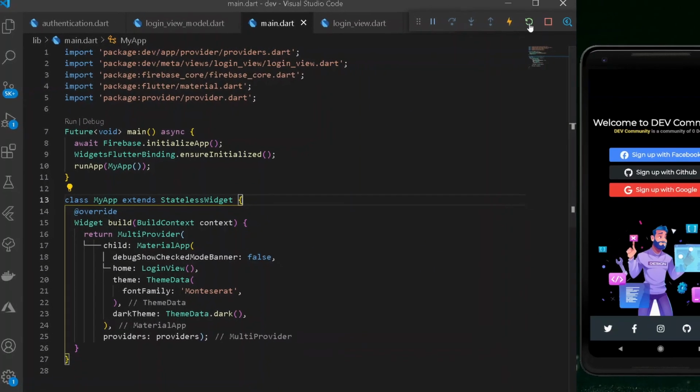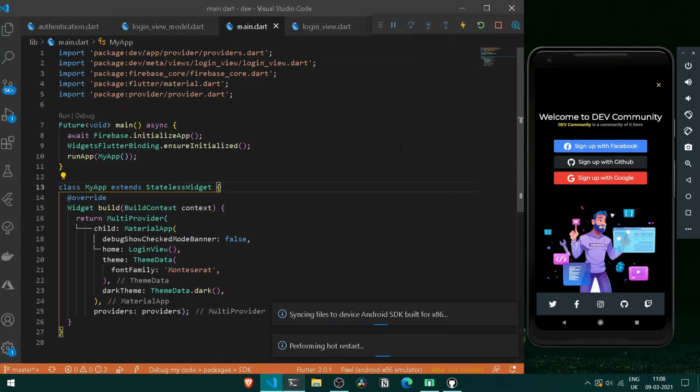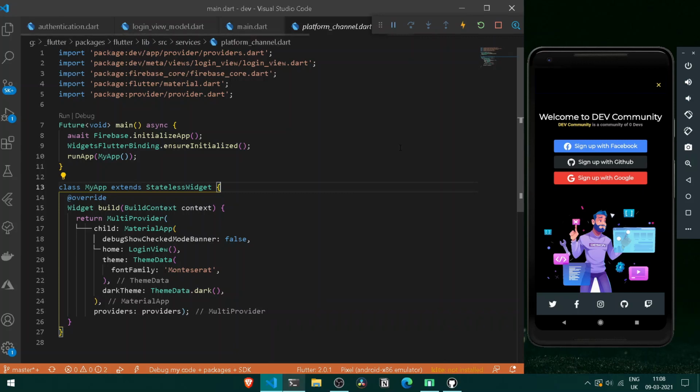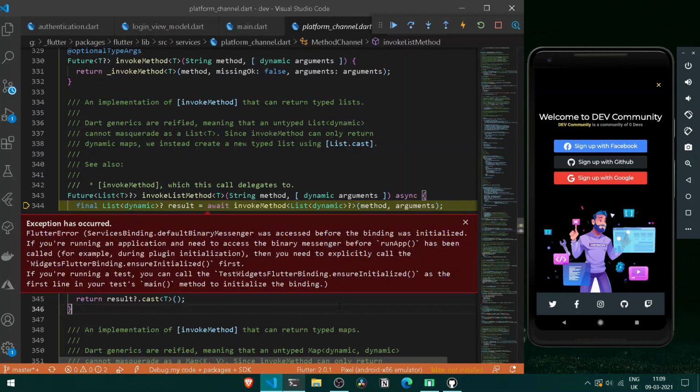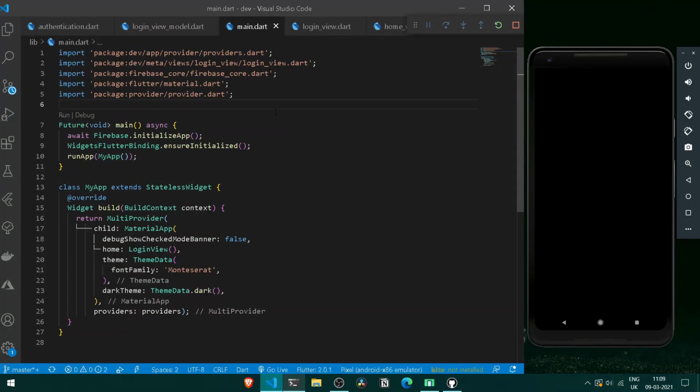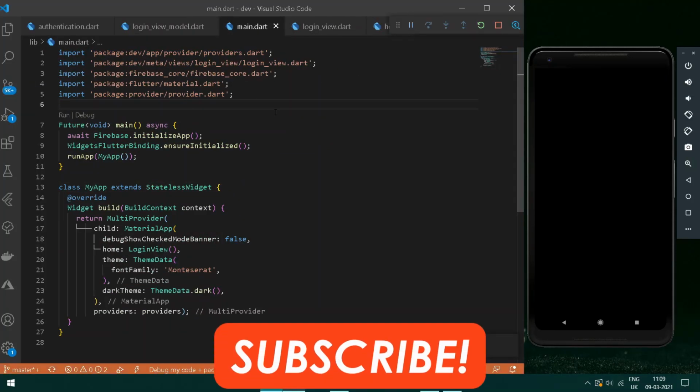Now let's try reloading our entire application once. Sometimes we may get an error of Firebase auth is not initialized, that is the default app is not created, but no worries, let's try it out. Just as I told you, the following thing shall be happening for now. So let's do one thing, close our entire application and open it one more time. So let's press F5 and reload our entire application once.